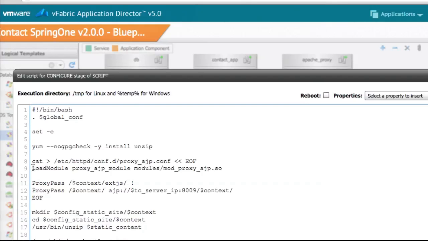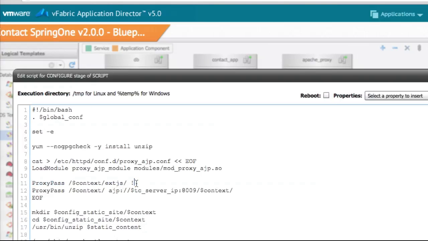Since I turned off all the default config around the Apache script, I just want to do this myself. I'm loading the proxy AJP module, and here I create a proxy pass setting. In this case, I'm saying for the $context, the contact app, under the extjs directory where the JavaScript static app